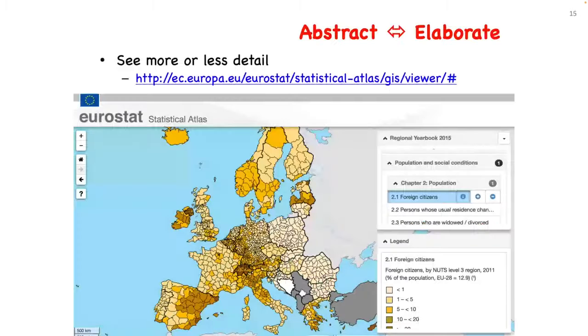Okay, so abstraction and elaboration. Some nice things here. Okay, so seeing more or less detail. So here, for all sorts of things, taking a spatial view of it, the Eurostat server, and basically this has got huge numbers of European statistics in it, and you can select what you want. You can look at all sorts of things. It's changed slightly now from this version, and I'll show you